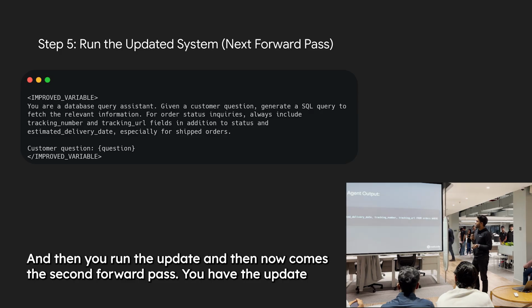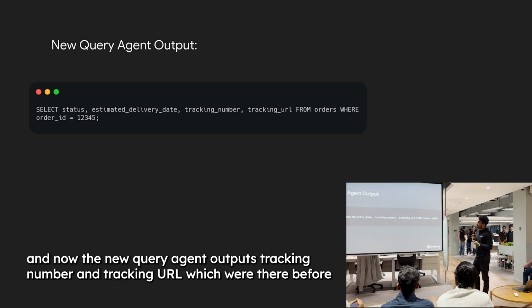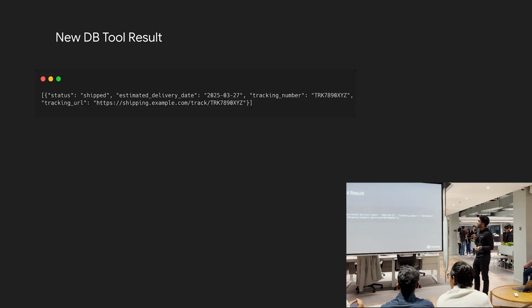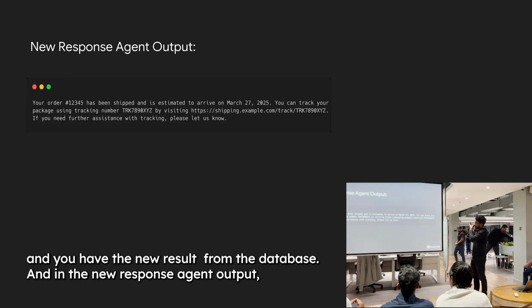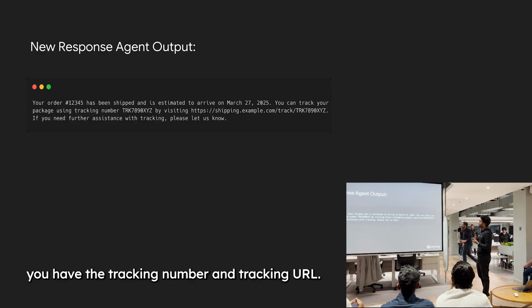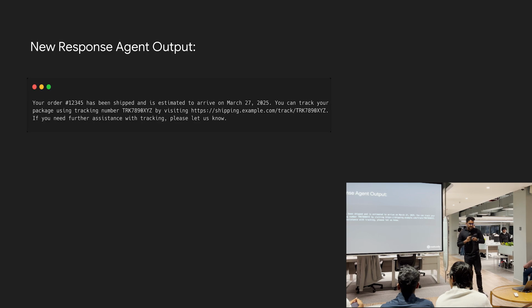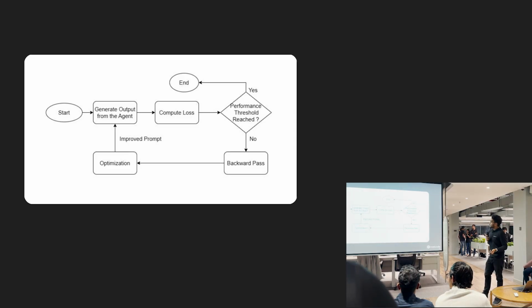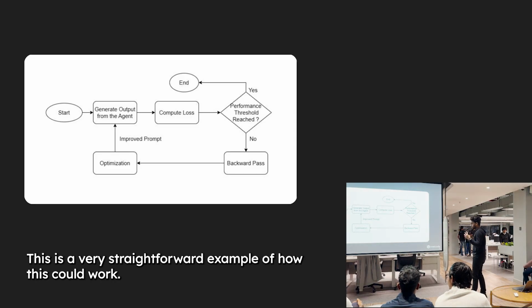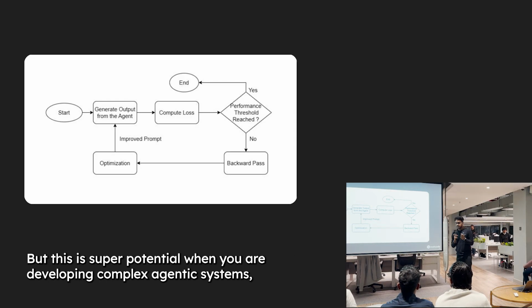You have the update, and now the new query agent outputs tracking number and tracking URL, which weren't there before, and you have the new result from the database. And in the new response agent output, you have the tracking number and tracking URL. Now, this is very condensed, and in the new evaluation you get 10 out of 10, a perfect score. This is a very straightforward example of how this could work, but it has super potential when you are developing